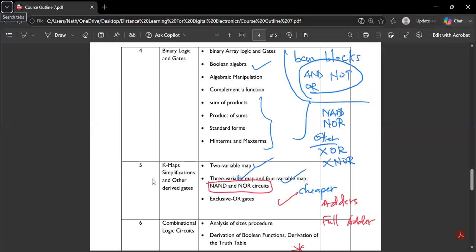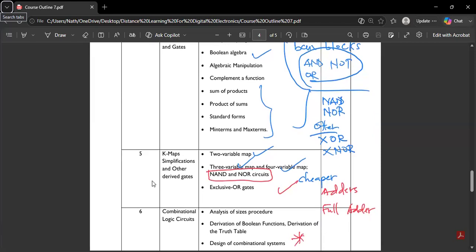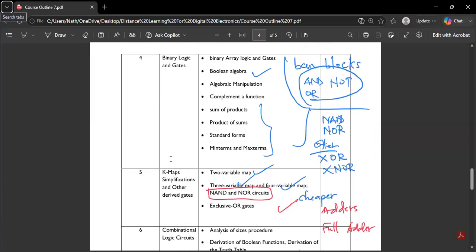The K-map, which will be done in Week 5. So the topic will be K-maps with simplification and other derived gates. So we'll look at the two